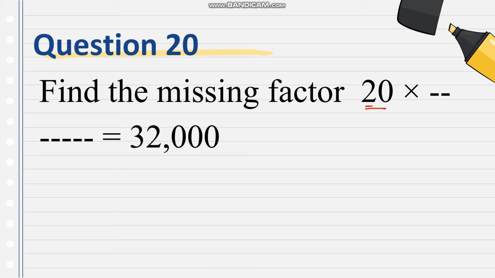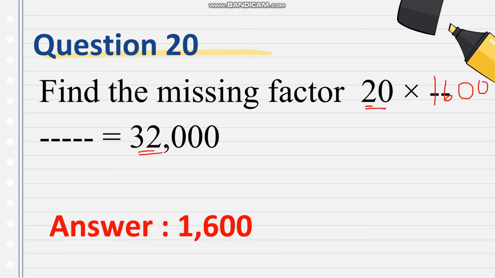So what number to be multiplied by 2 to make it 32? So it should be 16. So 16 multiplied by 2 is 32. Then you have 1 zero, so 320. But you have another 2 zeros remaining. So it means we need to add 2 zeros. So 20 multiplied by 1,600. So the answer is 32,000. That's why the missing factor is